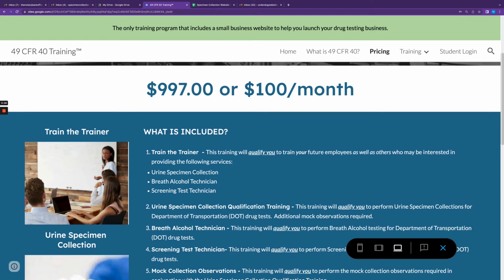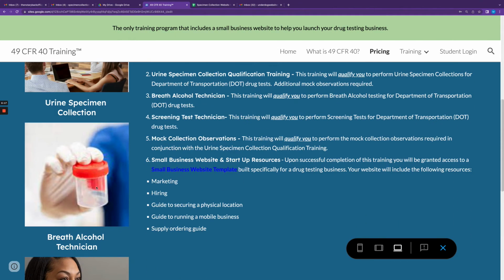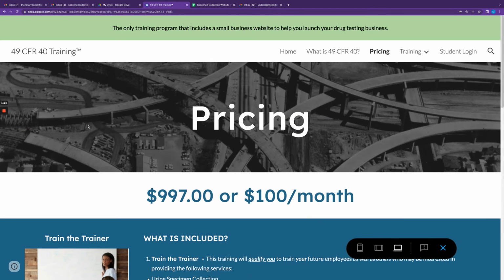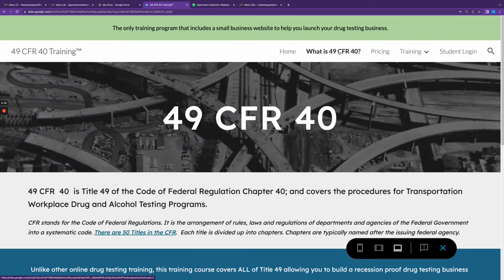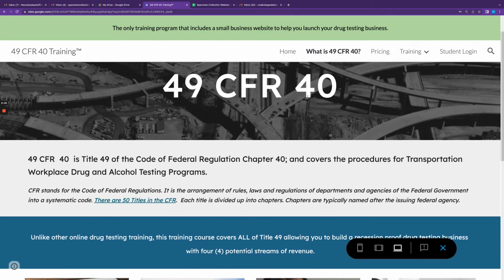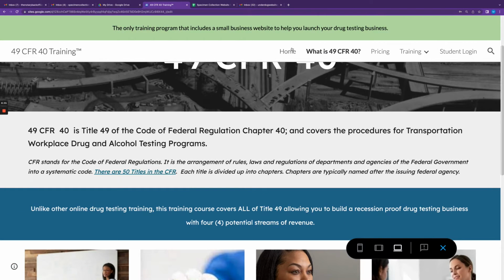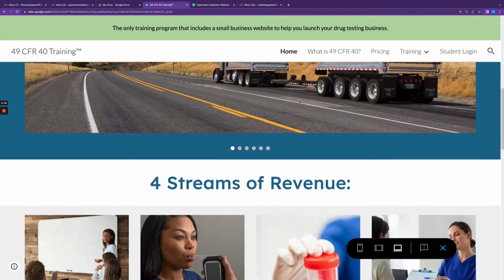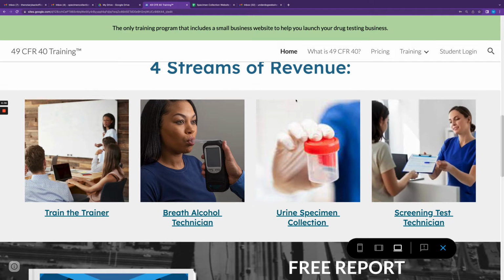But because we are targeting people who are already in the space, your nurses, your home-based healthcare agencies, your EMTs, people who may be interested in starting their own business, this is right up their alley, and we want to empower them with all of the things. We don't want to just give them urine specimen collection, right? And the reason that they can get qualified in all of those areas, number one, is because the Department of Transportation says so. According to the Department of Transportation, the qualification training required for these different things can be done by anybody.